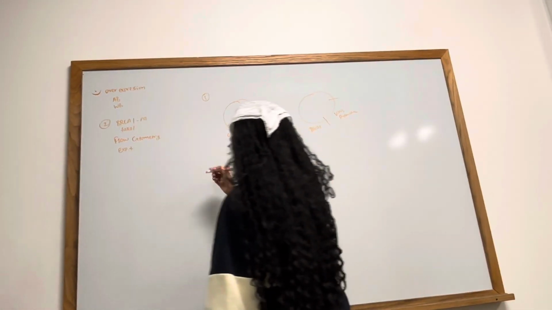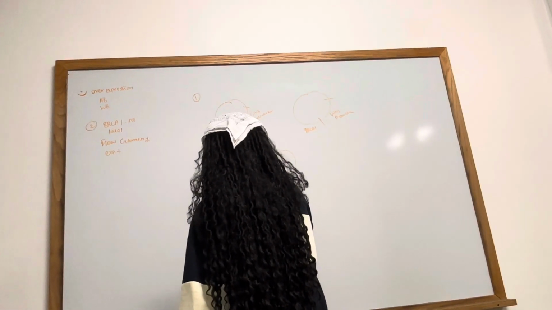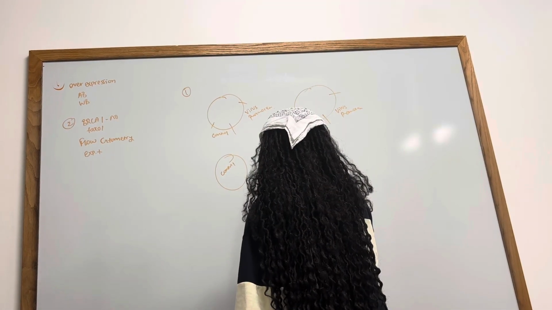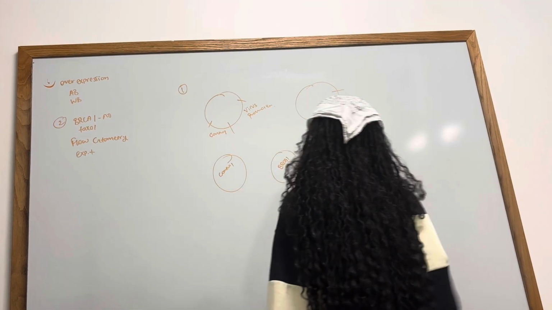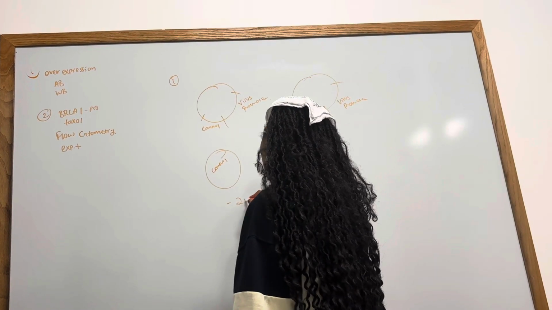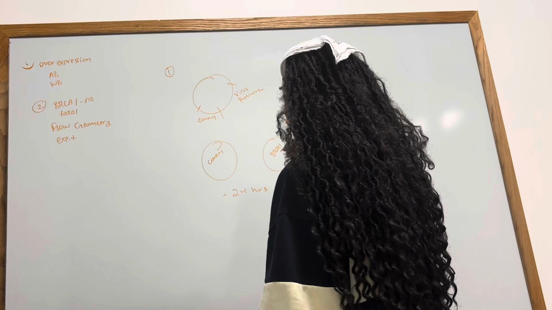So we're gonna have two of those. We're gonna transfect our control, and then our BRCA1 overexpression plasmid. After we transfect that, we're gonna wait 24 hours. After we wait 24 hours, what we're gonna do is